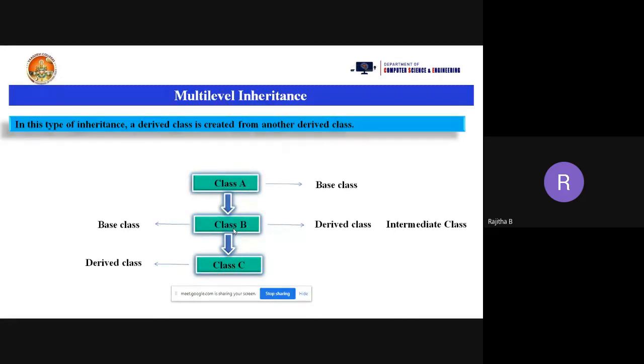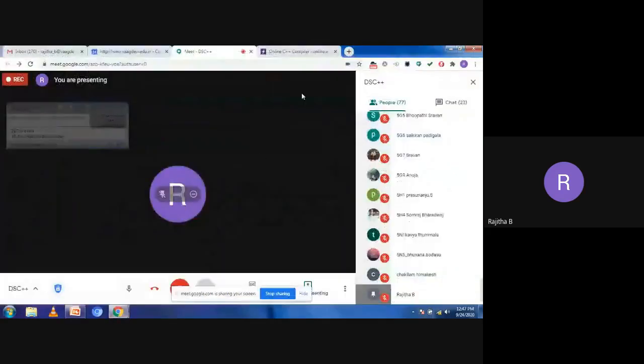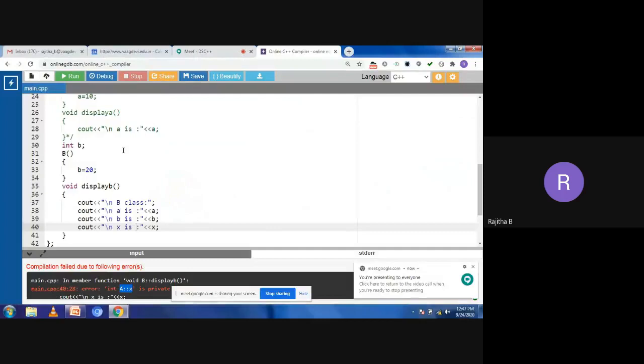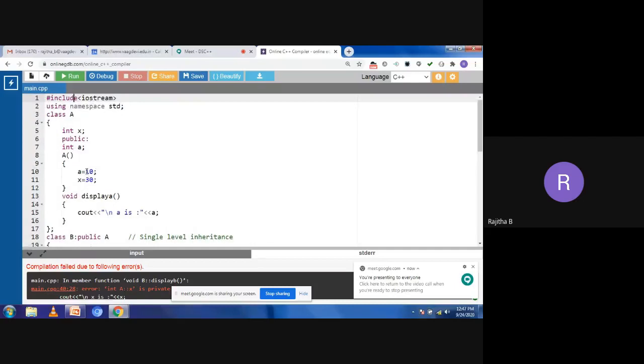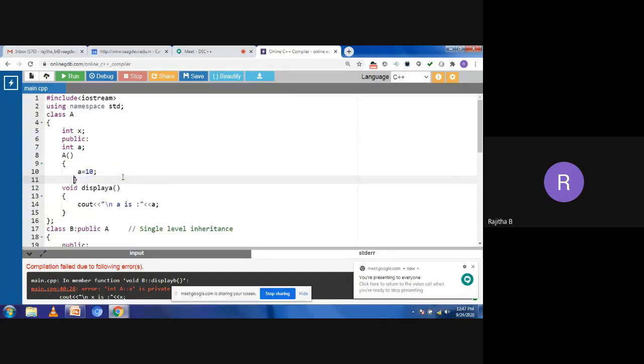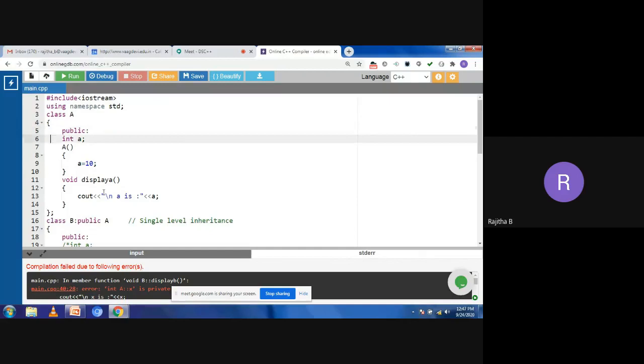So how do we take this concept into the programming part? Once again, go to the online compiler. Now we'll see how to write the multilevel program. Suppose I'm removing this one. I'm just going to modify this program. I'm not going to type it again because we only have small changes here. Listen now, we have a lab program from this topic.